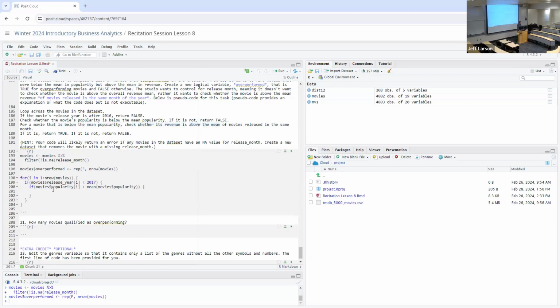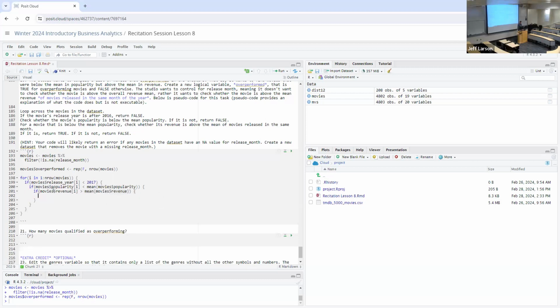An overperformer has to be below mean popularity and above mean revenue. So if movies$revenue[i], if the revenue of this movie is above the mean of all of the revenue data,